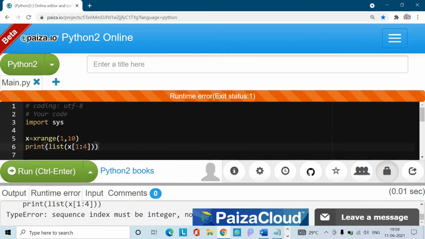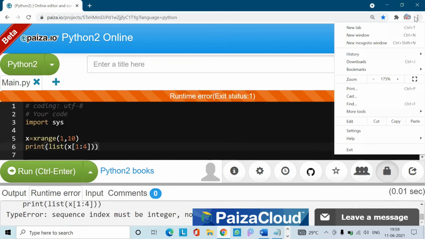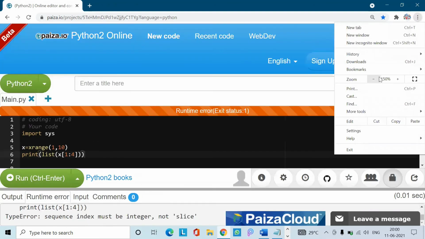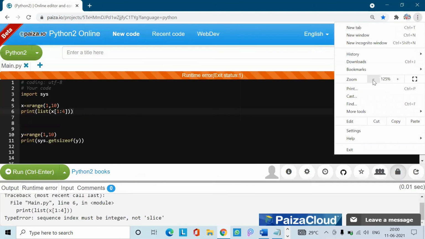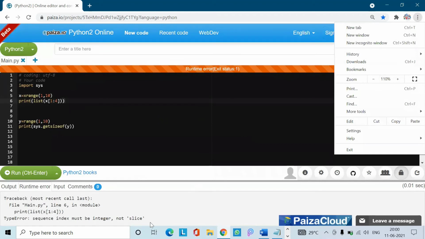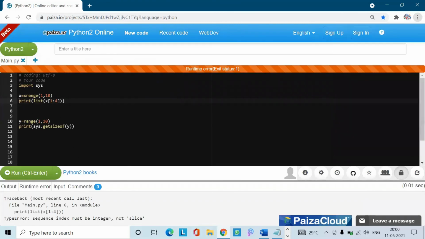See, check here, it has given me a type error because in an xrange, we can iterate over it, but we cannot slice the list. That is, we cannot access whatever specific values we need. It is just used to iterate over numbers. It displays as the list of numbers itself. That's it, right? So let me keep it in a comment and check the range function.